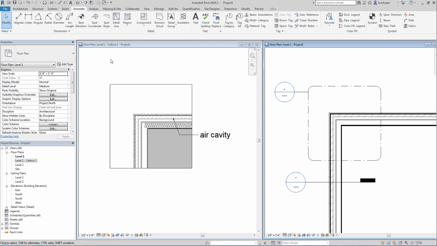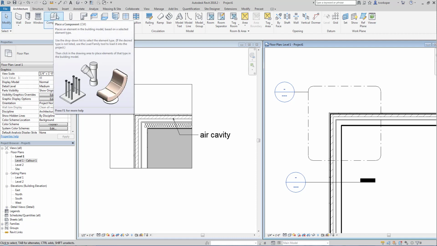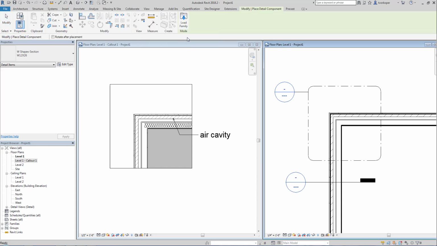Another detail component. And again, when we load components or use components for details, which are two-dimensional and view-specific, we want to go to the Annotate tab, the Detail panel, and find the component here. This is different than going to the Architecture tab and loading components from the Build panel here. These are the models, three-dimensional objects. From the Annotation, when we go to Component here, when we want to load a family, because we don't have a detail component that we want to use,